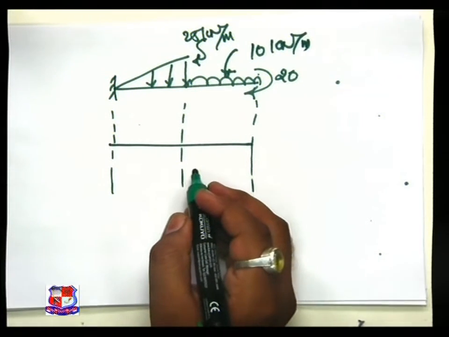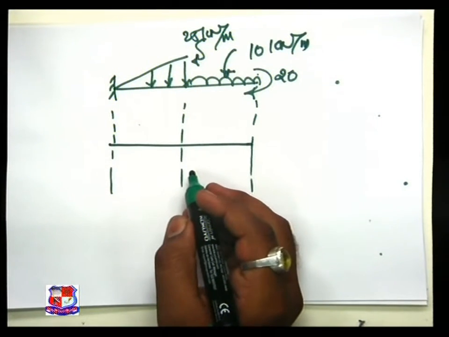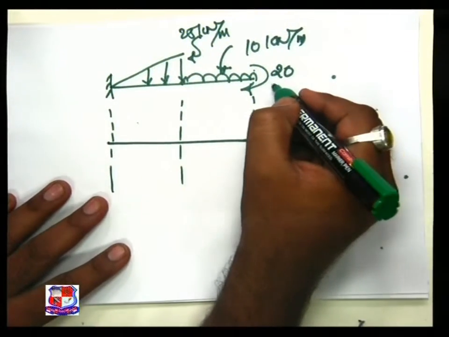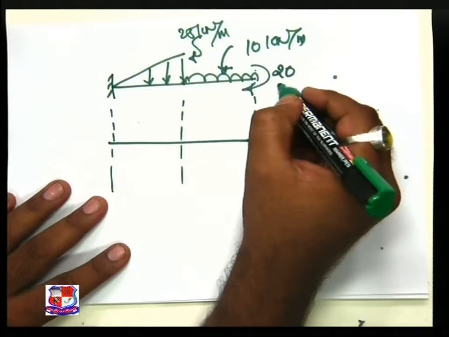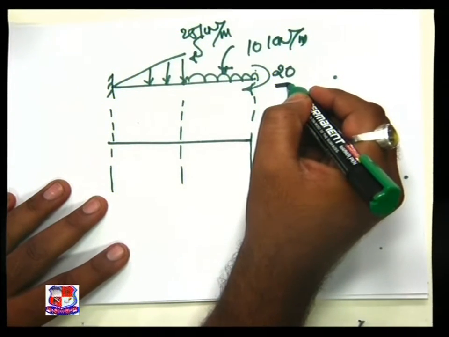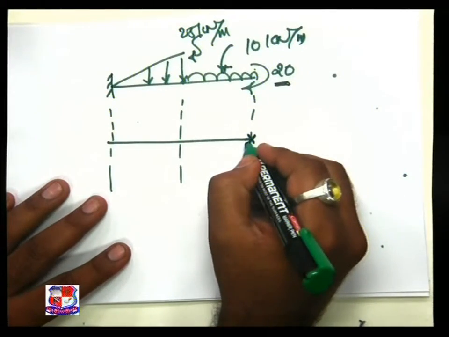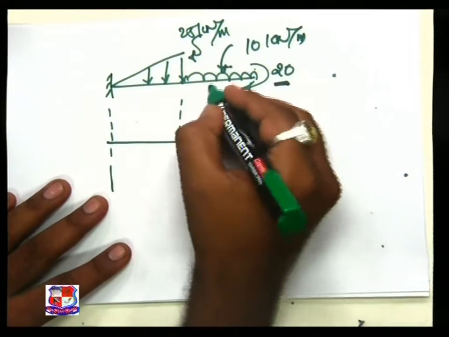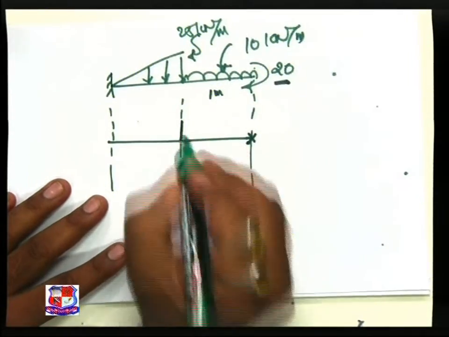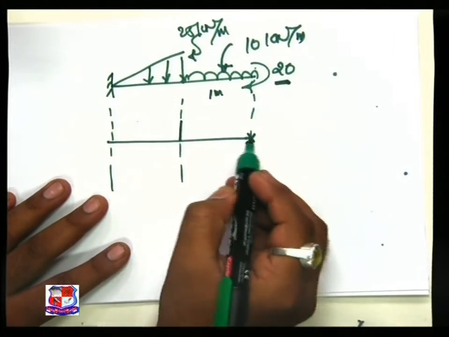Now the variation of the shear force diagram that our intention is to plot. This 20 does not have any weightage for shear force, so 0 over here. Length is 1, so 10 into 1 is 10, and joining these 2 by